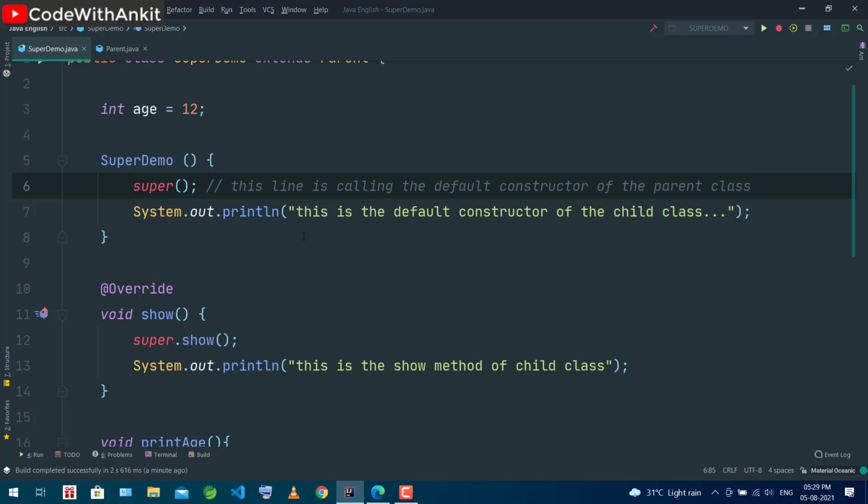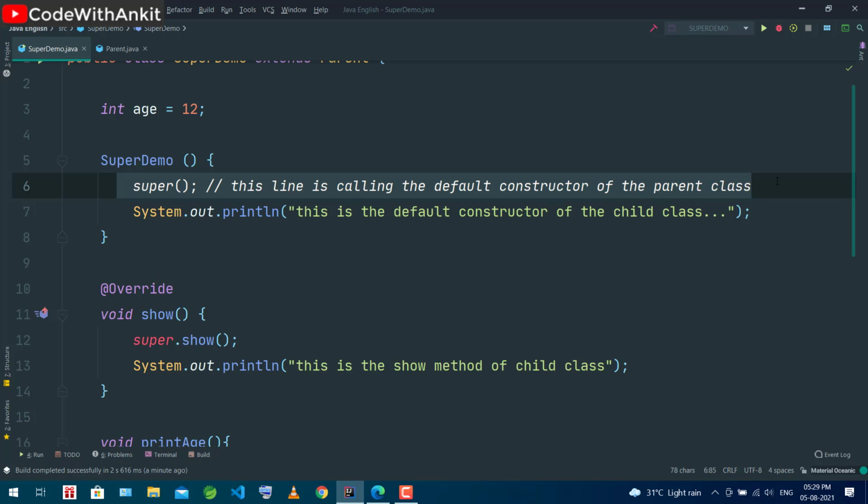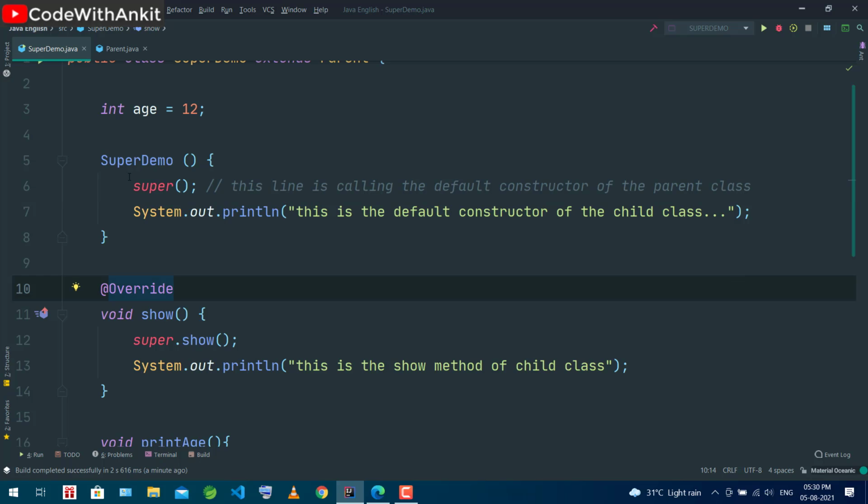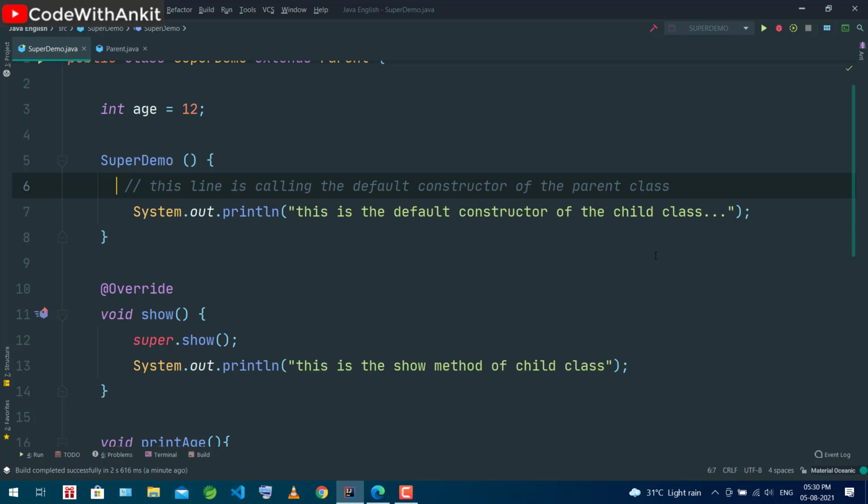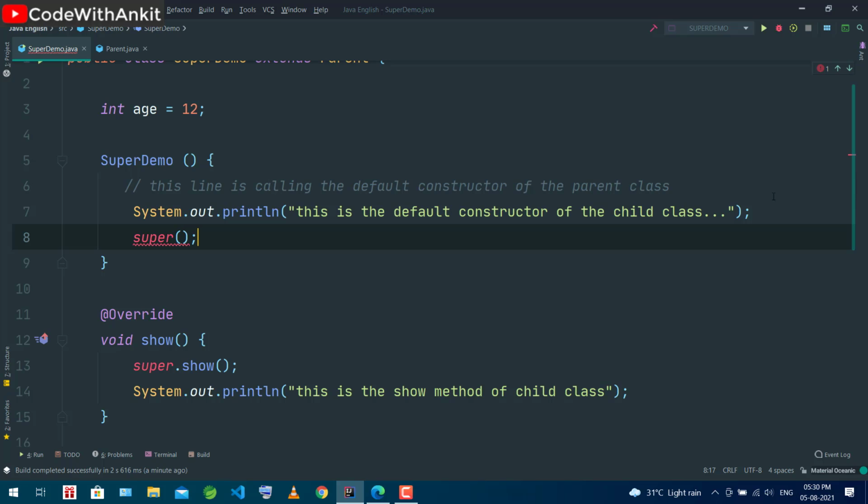So basically there are only three major uses of the super keyword, and in most cases the super keyword is very useful, and we use it in almost every code. The most important thing is, if you write this super keyword below, on another line, it will not work.